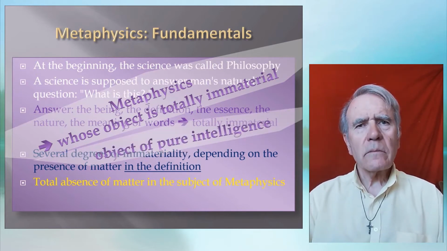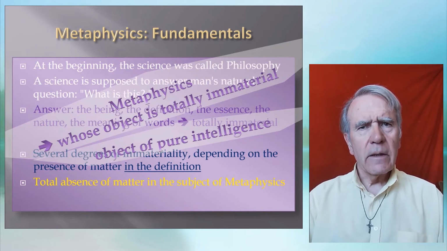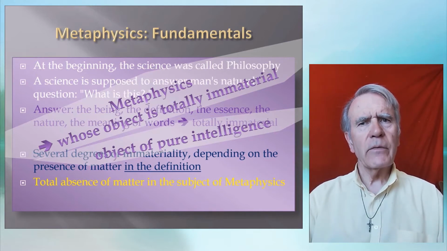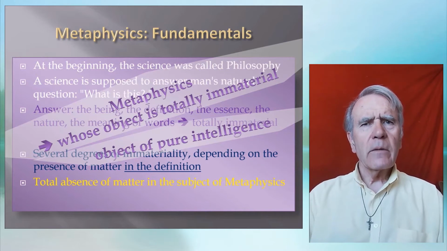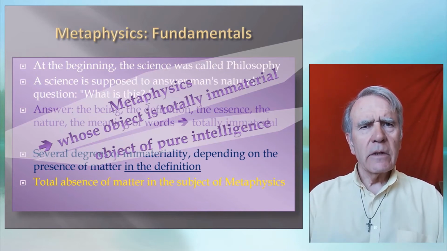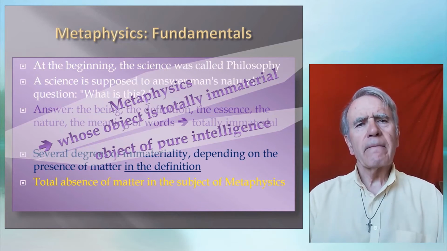The other objects of science are also immaterial, as we said, because they are universal, because they are also expressed by definitions, but they can be represented by images to make people understand, while the metaphysical object, like being, one cannot absolutely represent it by something sensitive. Hence the difficulty of the science of metaphysics,